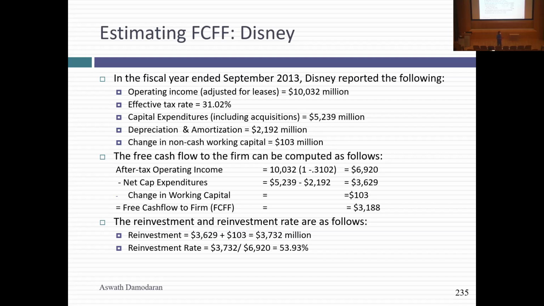By linking them together, I avoid making a mistake that I think kills a lot of valuation. The mistake is when people project depreciation and amortization separately from capex and treat them as separate line items. Here's what can sometimes happen. You put a 20% growth in depreciation and amortization. You put a 5% growth in capex, and over time, guess what, the depreciation is going to exceed your capex and keep going. By linking the two, I avoid that mistake. So my net capex is 3.6 billion. The change in working capital is 103 million. My free cash flow to the firm is 3.188 billion.